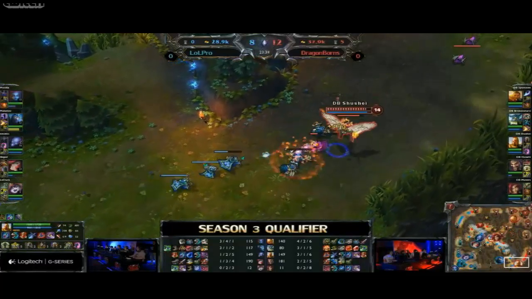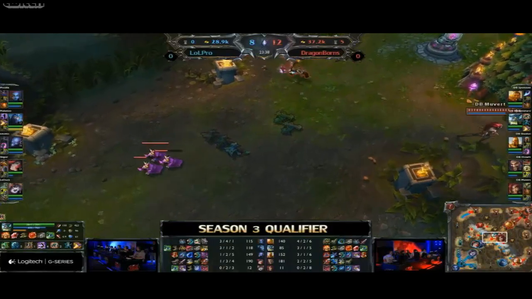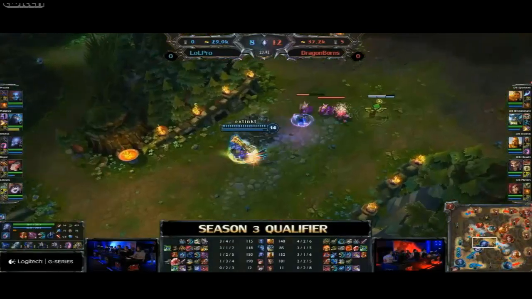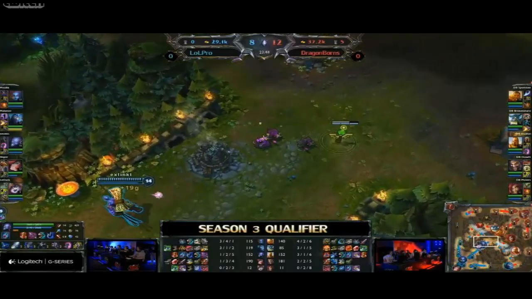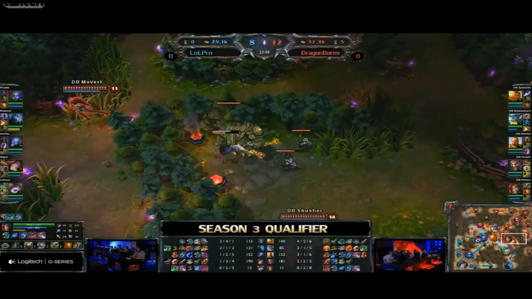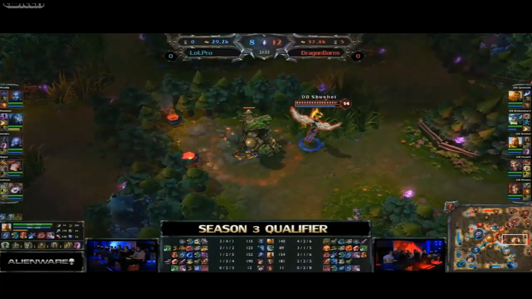Broken Shard just really stacking up the Kindle Gem items. Doesn't have a Warmog's for himself. Isn't quite as strong as the Olafs we're used to seeing because he's come out of the jungle instead of in top lane. So we'll see if he realizes that in his play. The Death Cap is completed onto Shushe, which is really, really huge for him. It's not the Nashor's Tooth build. It's all about the spike that he's going to throw out at the start with that Q and with the